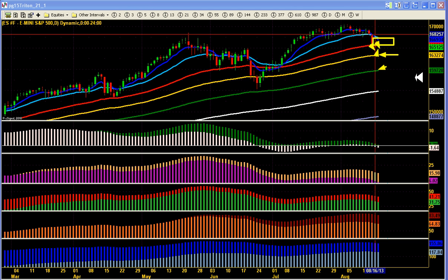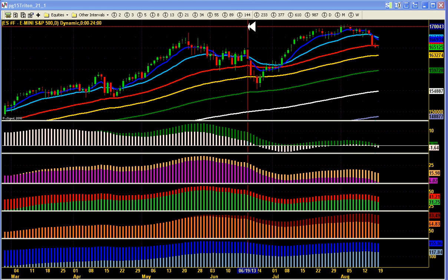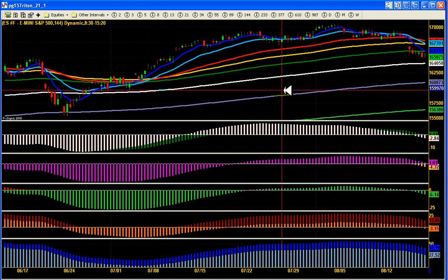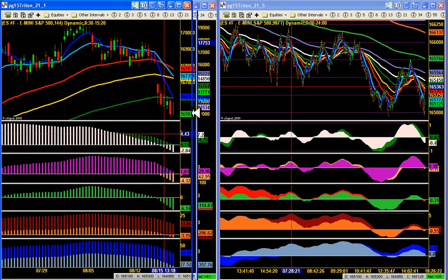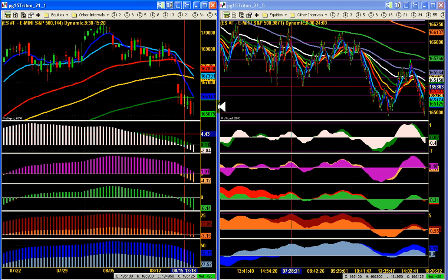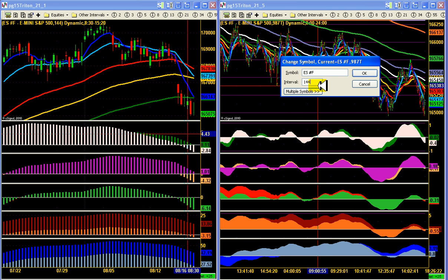That puts us at right here, 1597. All right, let's look at this in the smaller time frame to see what kind of trades come up. Let's look at this on the 144. And I'm going to move this back here so you can see a comparison between the 144,